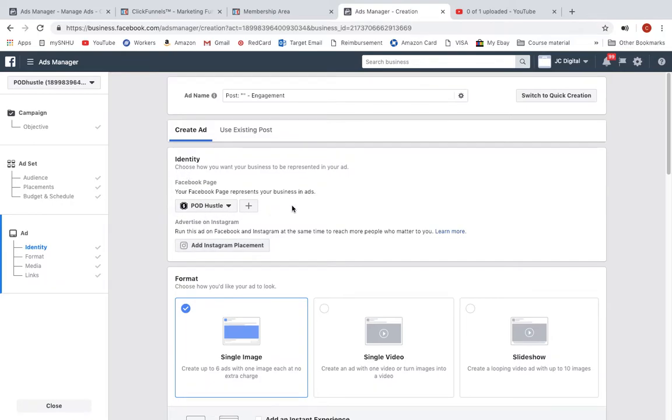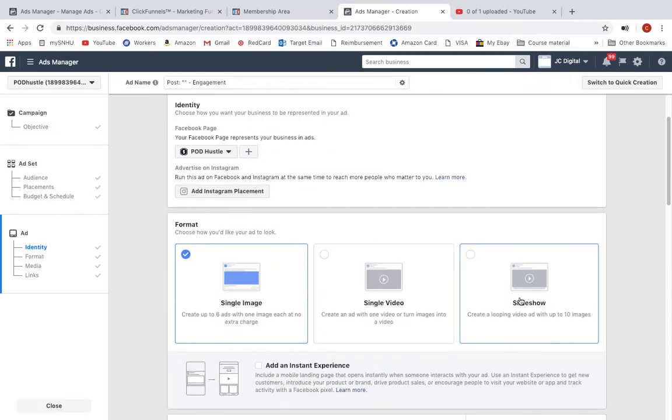You select the Facebook page that you want to show the ad. You select single image, single video, single slideshow. A lot of times people make the mistake of running PPE ads with a video, and I'll tell you why you don't want to do that, and that's because Facebook is going to count any video view as an engagement